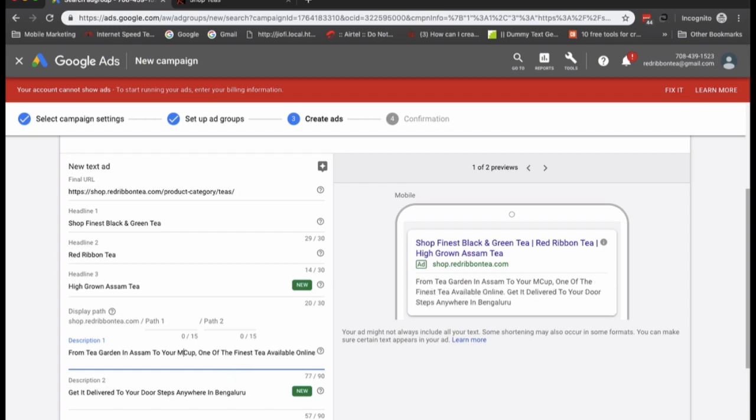That's why I always suggest going for a Google Ads copywriter or Google search ads copywriter. You can find them online, or if you know somebody who does it, you can get hold of them. Or if you are yourself good at writing content, you can write the ad copy by yourself. So right now I'm writing the copy by myself. I do have experience of running many search ad and Google ad campaigns, so I'm giving it a try with the help of this demo.